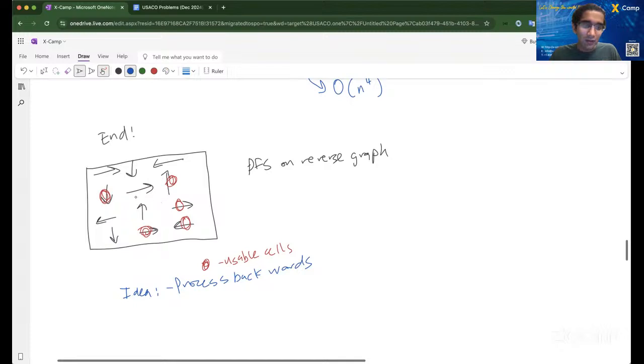And then let's say, yeah, if I change this one, it's not going to change anything if it's already unusable. But if I change something here, then I can start another DFS from here. And then maybe once this has been a reverse DFS, then I might visit more things, right? So the idea is process backwards, and then when removing conveyor belt,